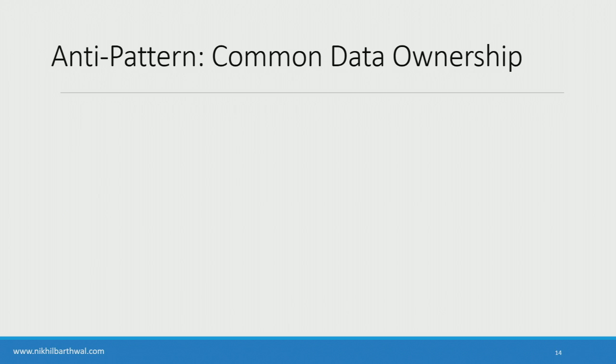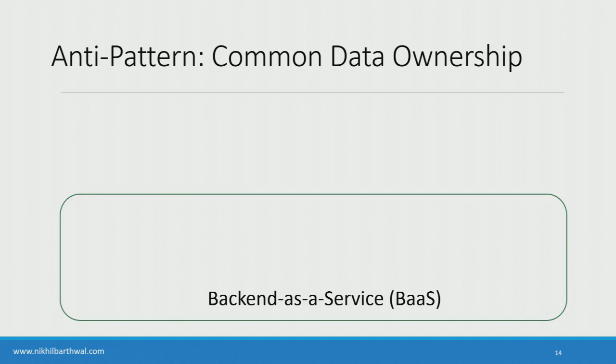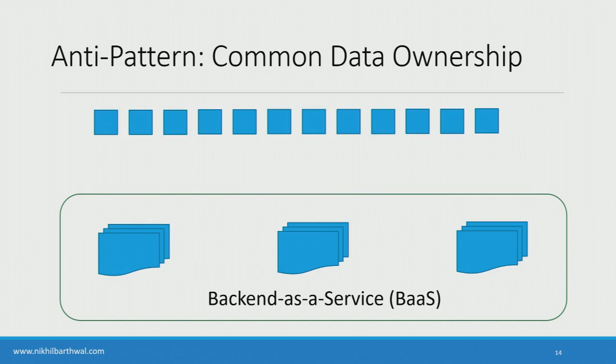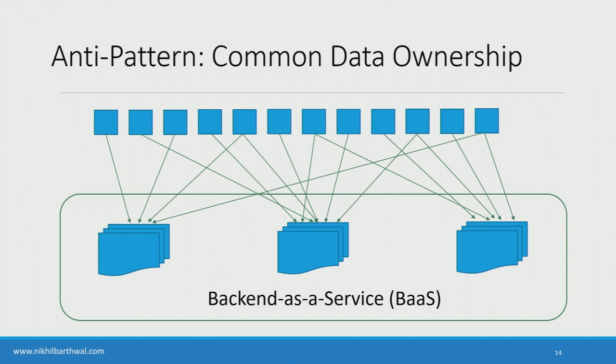So what you don't want is, you typically would have a backend as a service, you would have your tables, and you have all these functions. You don't want something like this. This is an anti-pattern, because it increases the coupling. So if I want to change a schema for the first table, I would have to change a lot of functions in an incoherent manner, and that introduces more coupling for me. More coupling means more team interdependencies, less innovation. So in a way, I have basically defeated the purpose of moving to serverless application, right? I want serverless because I can innovate faster. And here, if I use something like this, I can't do that.